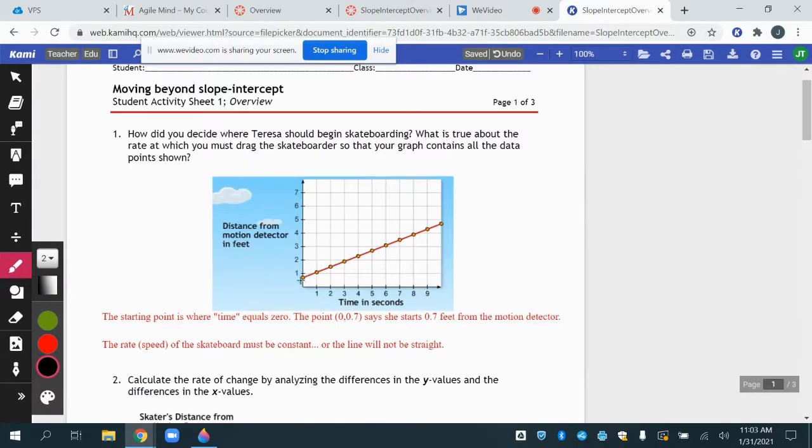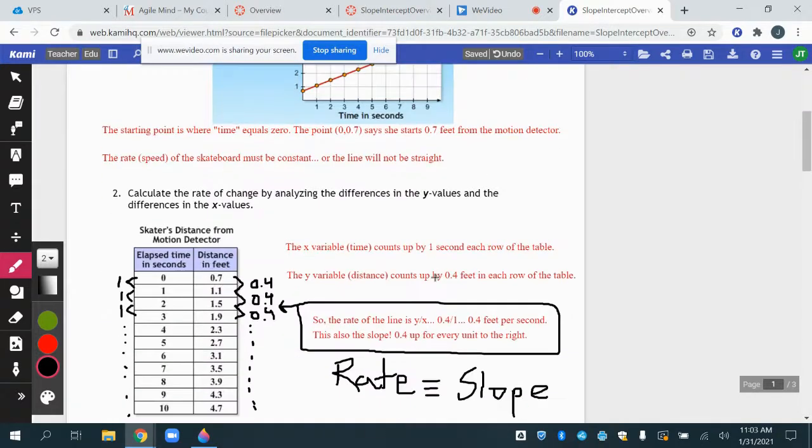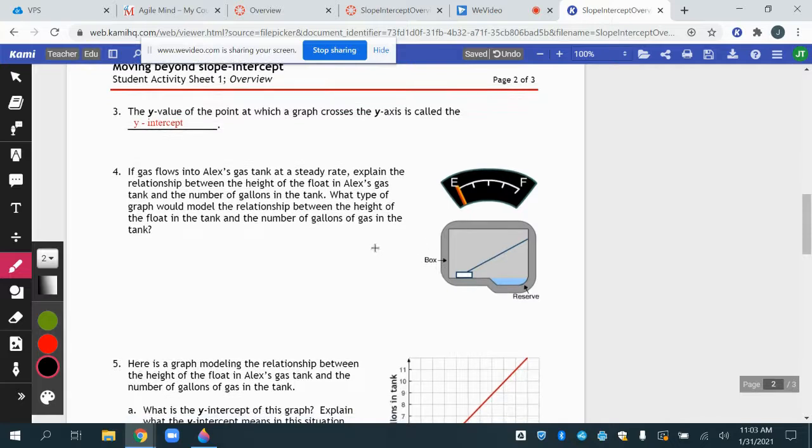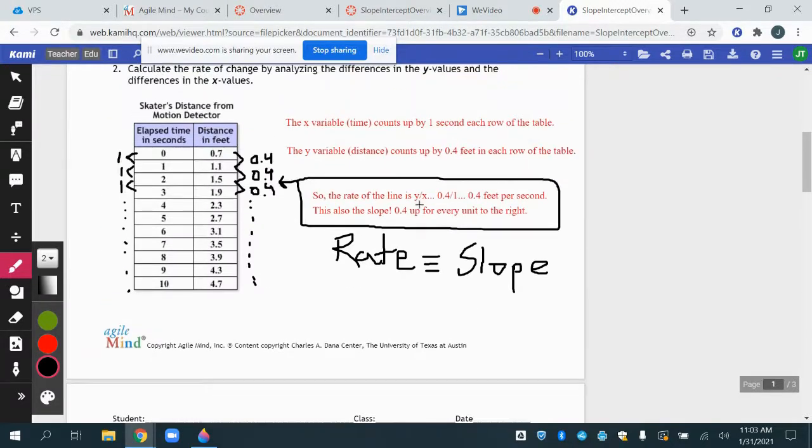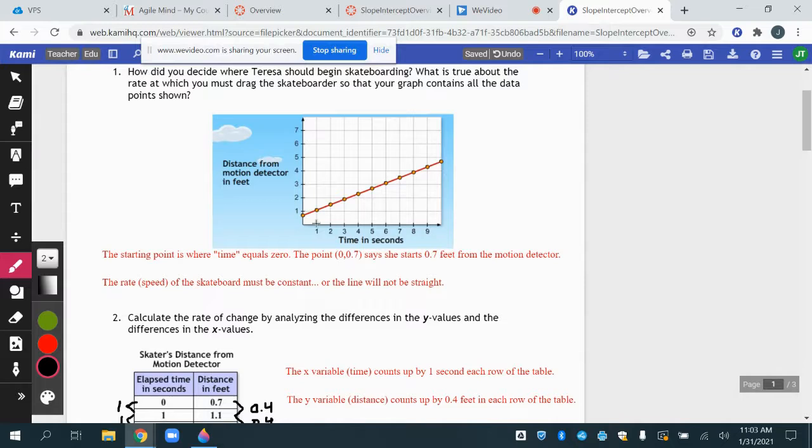So when I look at this, it goes up about 0.4 of a square for every 1 square it goes over. It does, 4/10 of a square up. For every 10 squares it moves over, it goes up 4 squares. 4/10 of a square every single time. So that's right there. This is very important for you to understand. Slope is rate. Rate is slope. How much y changes divided by how much x changes will always tell you how steep a line is,